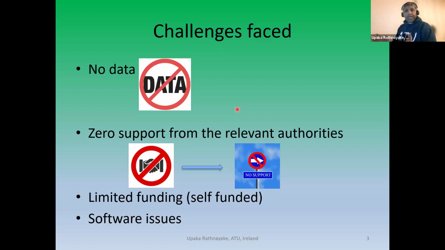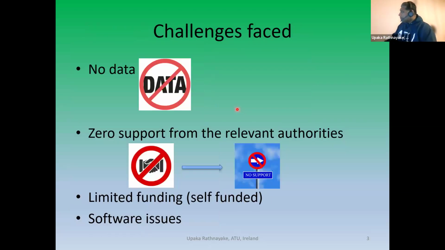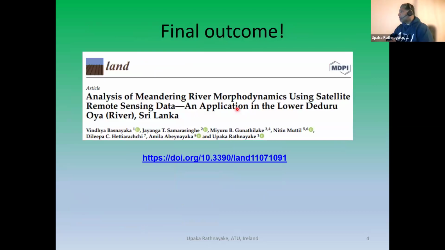I also had some software issues. For example, those who work with ArcGIS know that we have to have the full license version. Yes, we have different versions, but if you are thinking about writing a journal paper, or disseminating this knowledge, you have to have the full license version, and you have to state that. So I had several software issues. Those are the several challenges which I faced when I wanted to analyze this particular case. However, let me share the final outcome of this research.